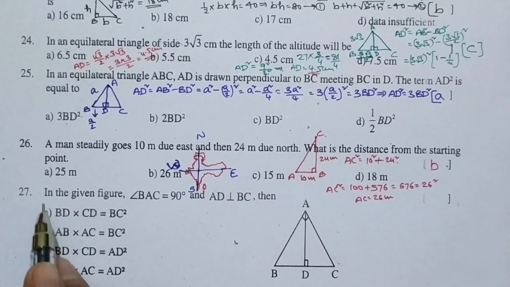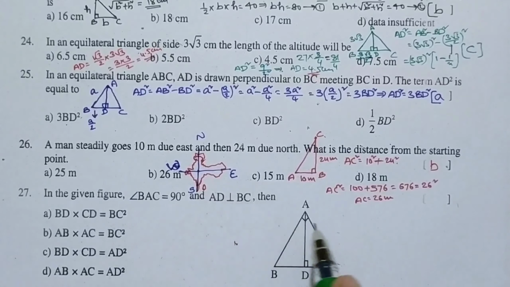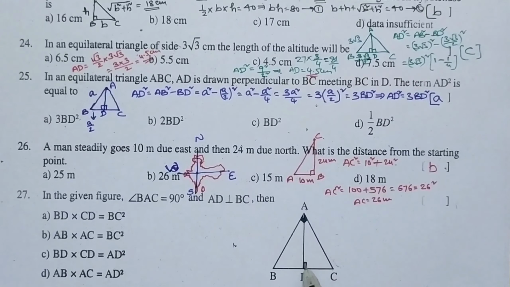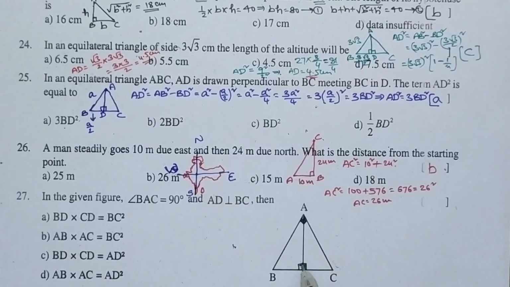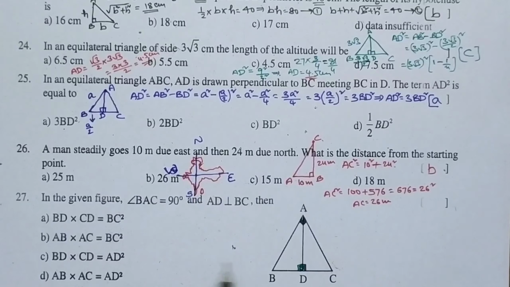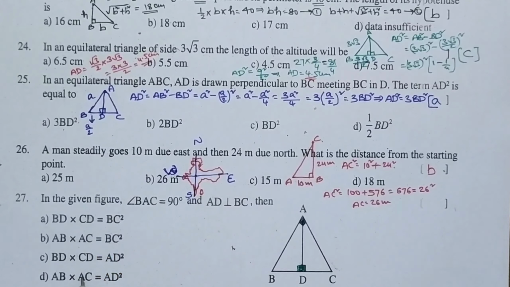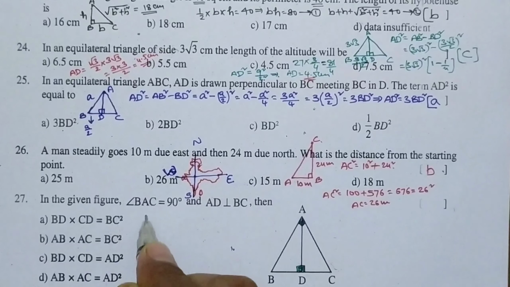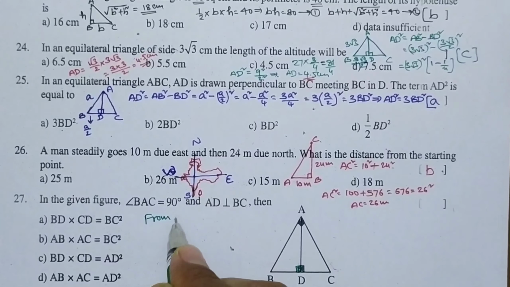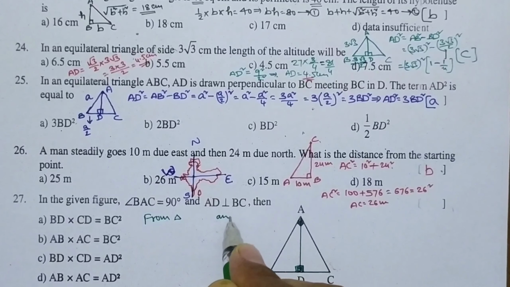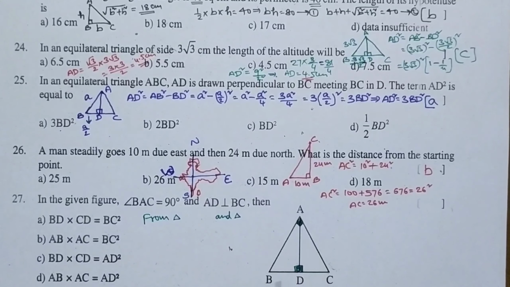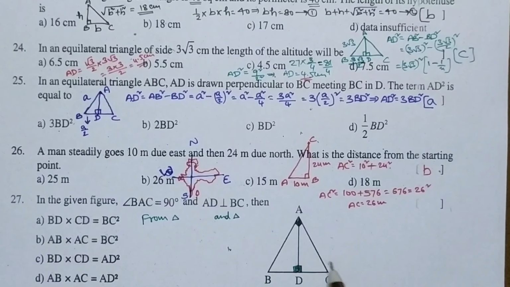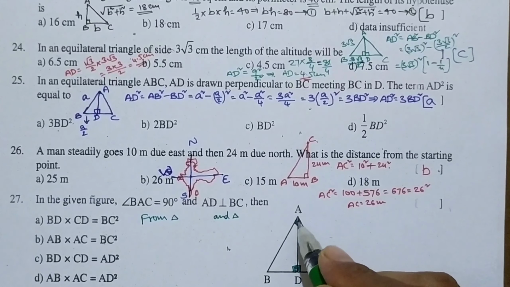Now we see question number 27. In the given figure, angle BAC is 90 degrees. So this is 90 degrees. And also AD is perpendicular to BC, which means this is 90 and this side, if you see, is also 90. Right. Now here, which one is correct? Let us understand that we compare the triangles. Before writing these alphabets, I would like to tell you a small thing: I want to compare the triangles